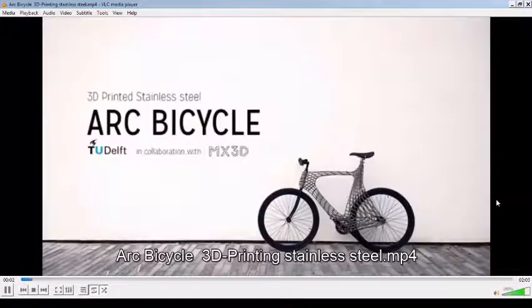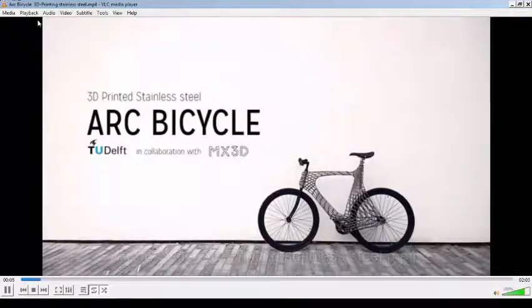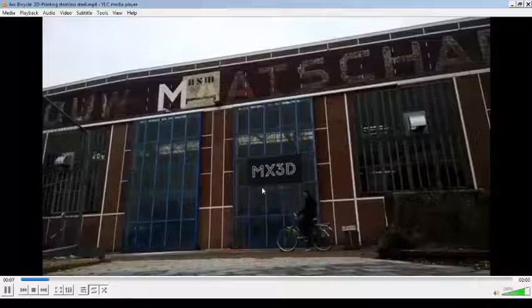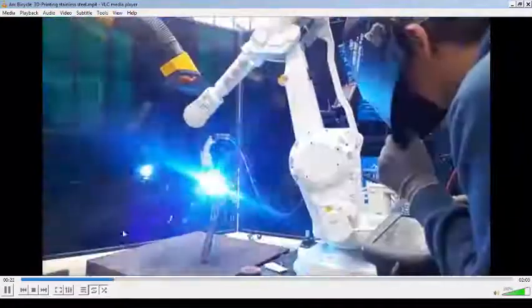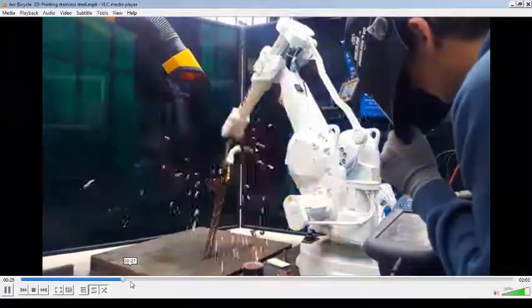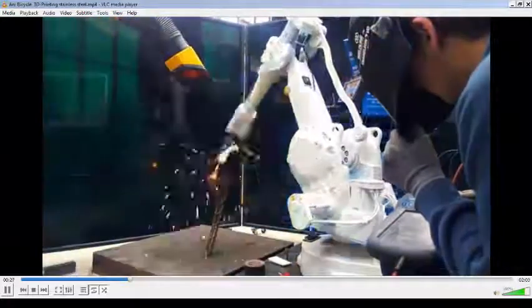So in this one, a welding process is used to create the frame of the bicycle. So this is a CAD process. A welding process is used to directly deposit the material. Typically a laser will do all the movements.